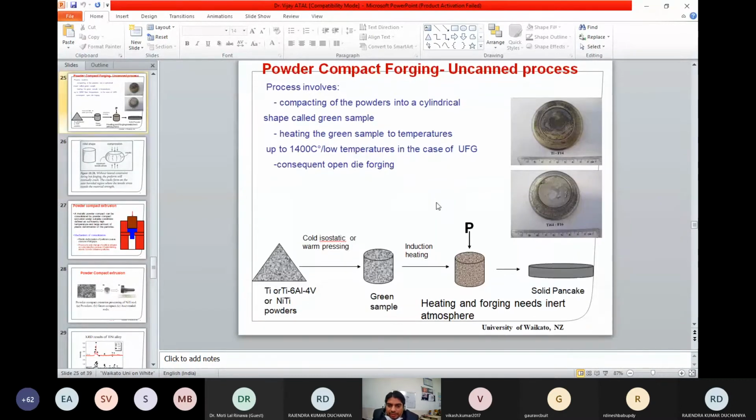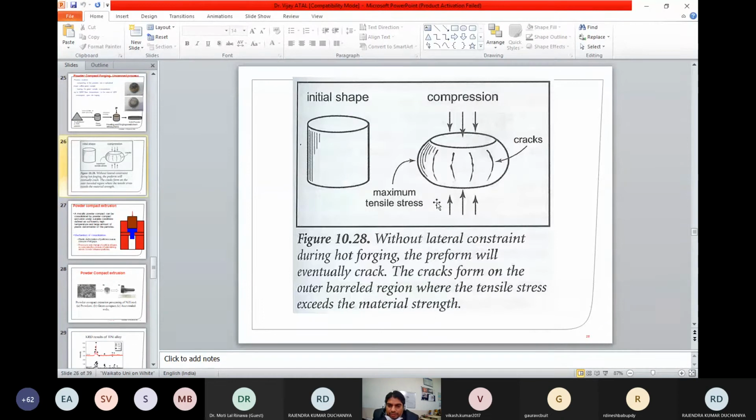nitinol, it should be done in an inert atmosphere, to avoid oxidation. If you oxidize, you lose the shape memory effect, because the main phase you need is the NiTi phase, and that should be there for this type of effect during the production of this alloy. If you have more oxygen content, those phases will deviate.